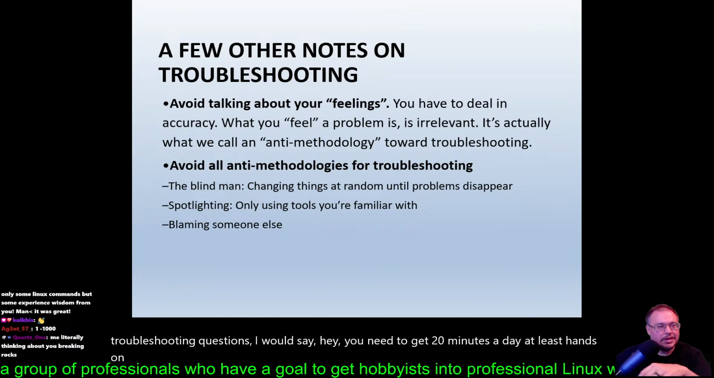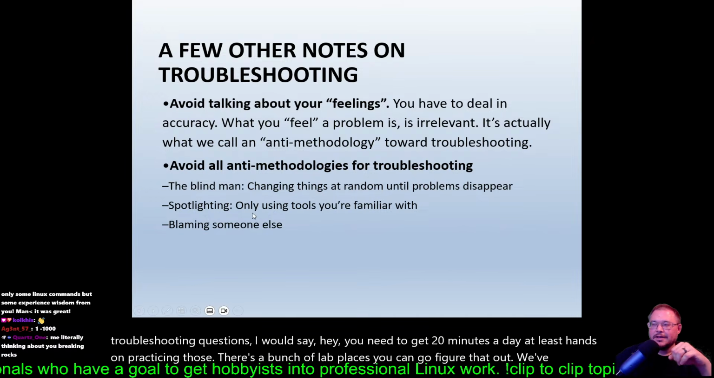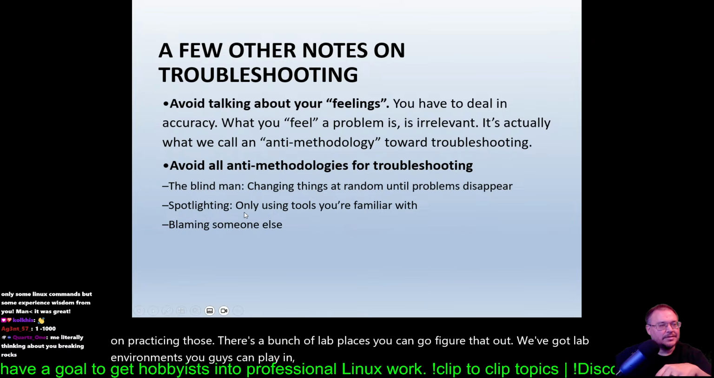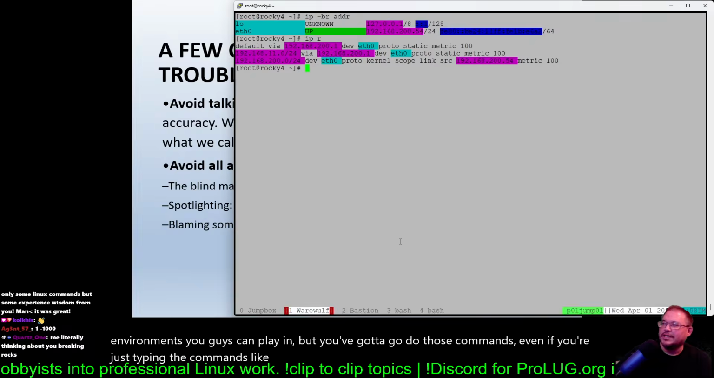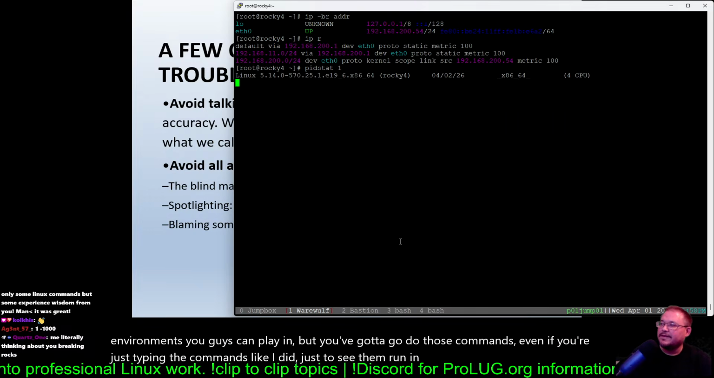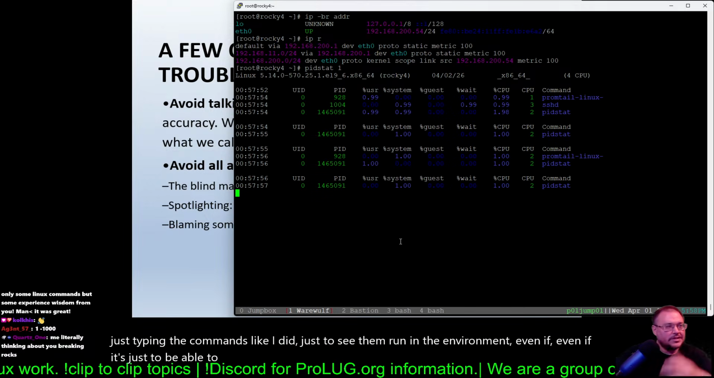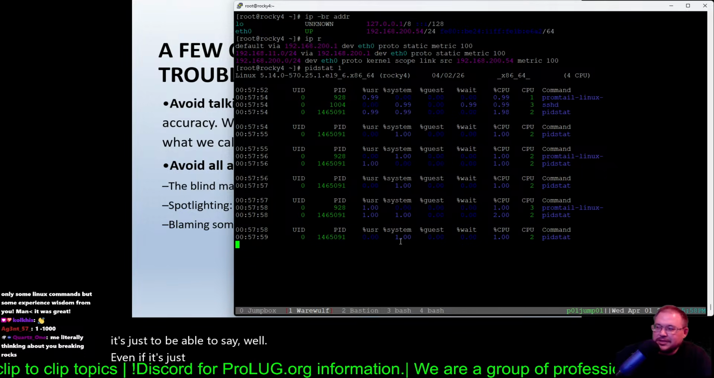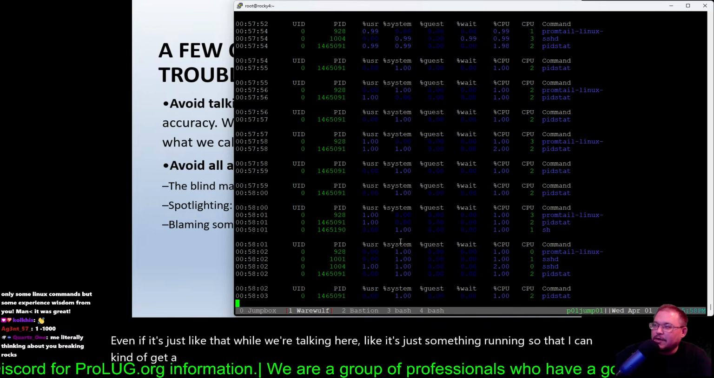There's a bunch of lab places you can go figure that out. We've got lab environments you guys can play in, but you've got to go do those commands. Even if you're just typing the commands like I did, just to see them run in the environment, it's something running so that I can kind of get a feel, like, if I were to look at this right now,